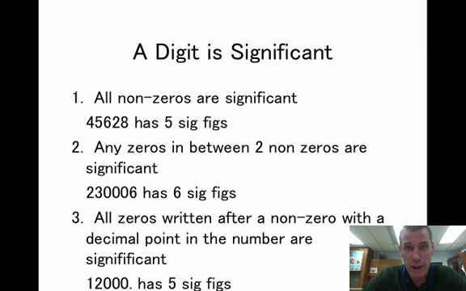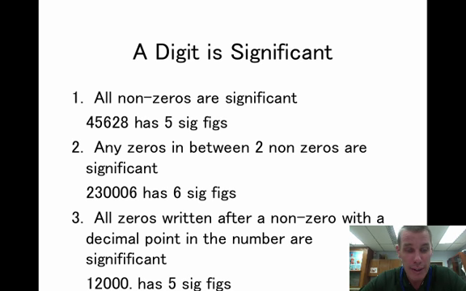And the zeros are significant if they're written in between two non-zeros. The example I have there is 230,006. It's very clear that whoever measured that number measured the 2, measured the 3, and measured the 6. And they can't do those things without knowing that the 3 zeros in between are in fact measured